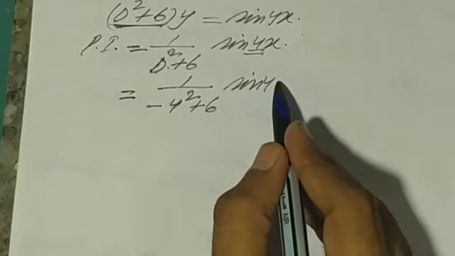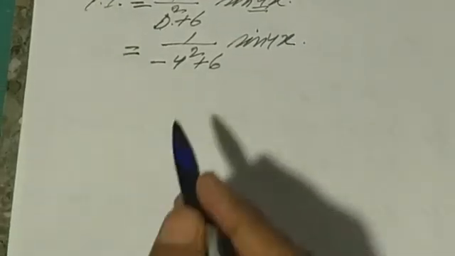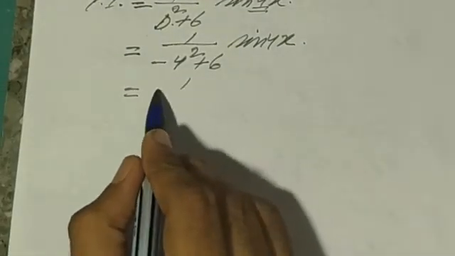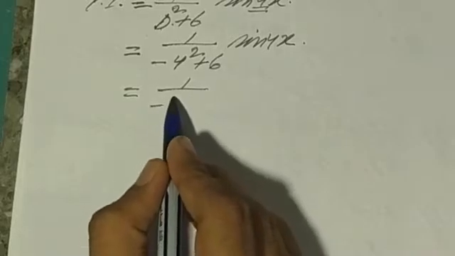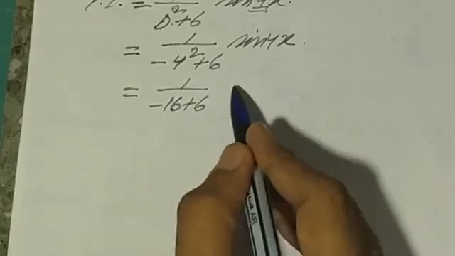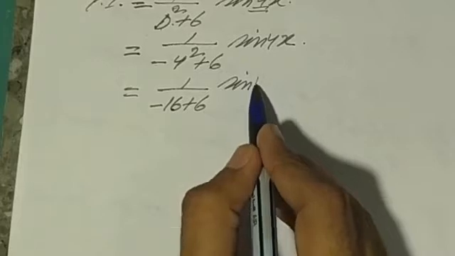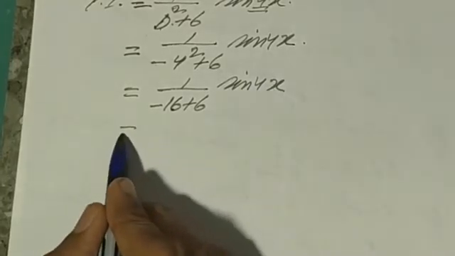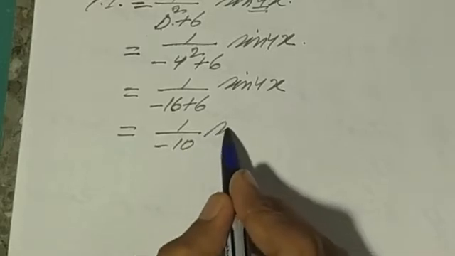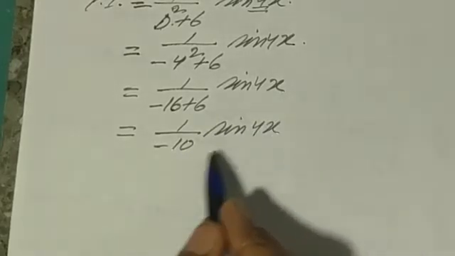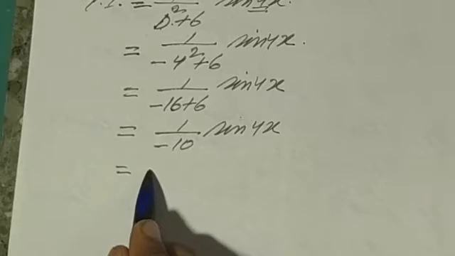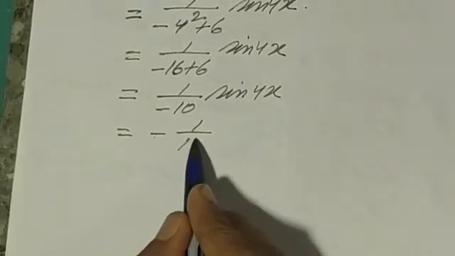Then sin 4x is written as it is. Now 1 upon minus 16 plus 6 sin 4x, that is equal to 1 upon minus 10 sin 4x. So simply minus 1 upon 10